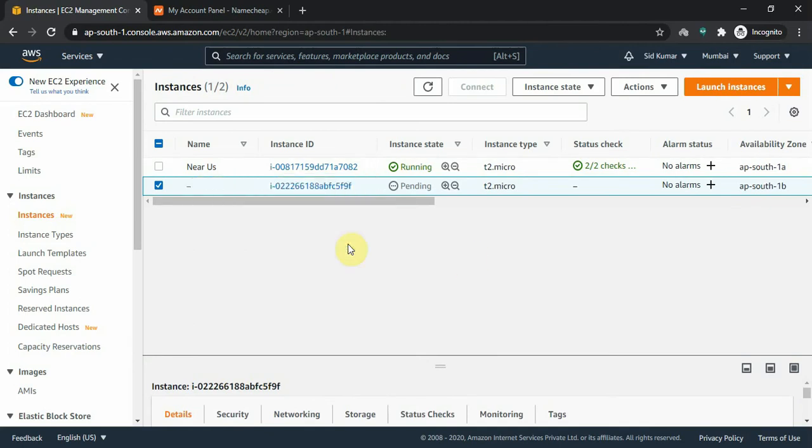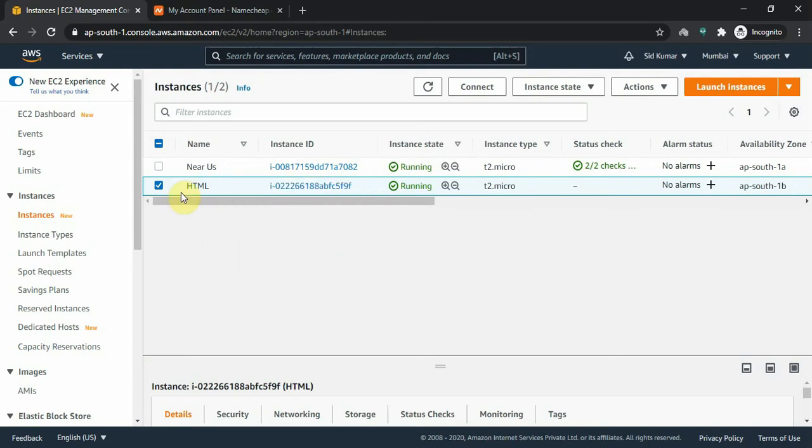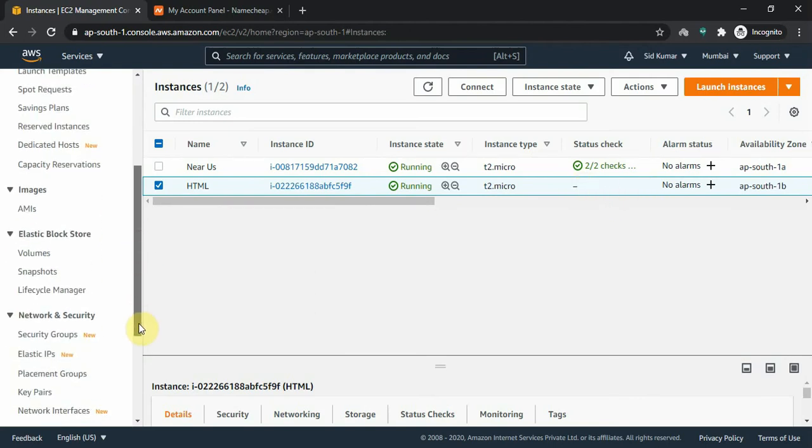Save, this is HTML. Now, while it is doing the status check, let's go and assign the elastic IP.